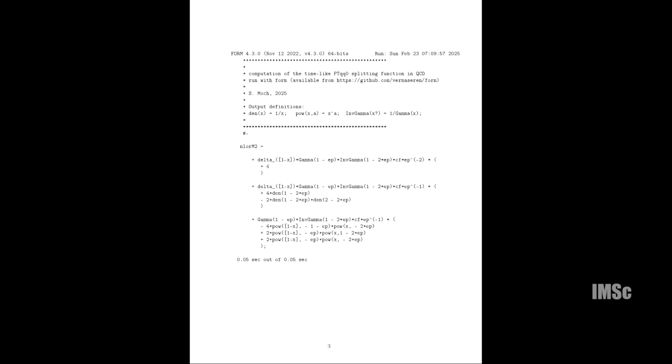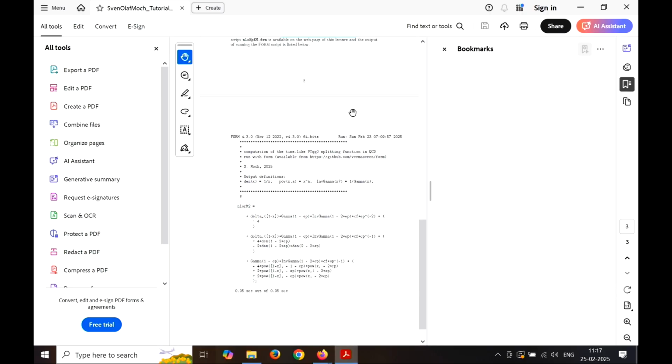And you would simply be computing the matrix elements that we've discussed by yourself, running this or going through the input and then seeing that you have the 1 over epsilon squared divergence here, the 1 over epsilon divergence here, and then the finite parts with the splitting functions. So you can just do it yourself, not on the back of an envelope, but at the click of a button.